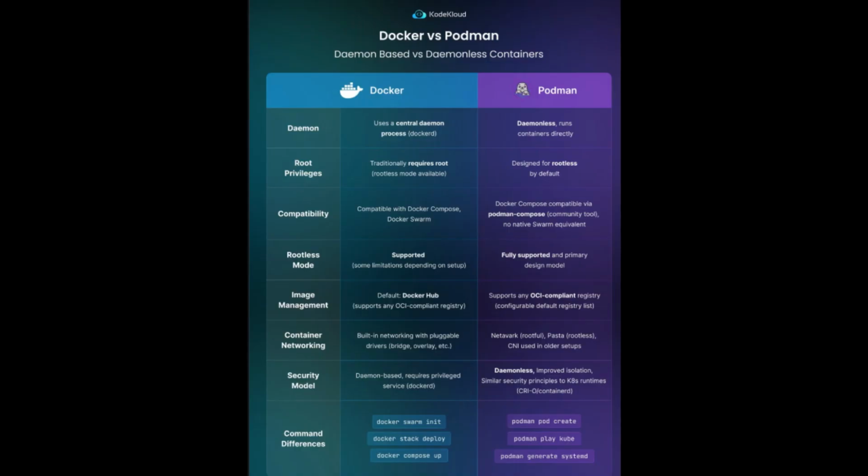In practice, many developers use both. Docker is great for early development, and Podman fits perfectly once you start hardening environments for production. The commands are nearly identical, so switching between them is easy. Both are excellent tools that reflect different stages of the container ecosystem's evolution. If Docker is the friendly veteran that made